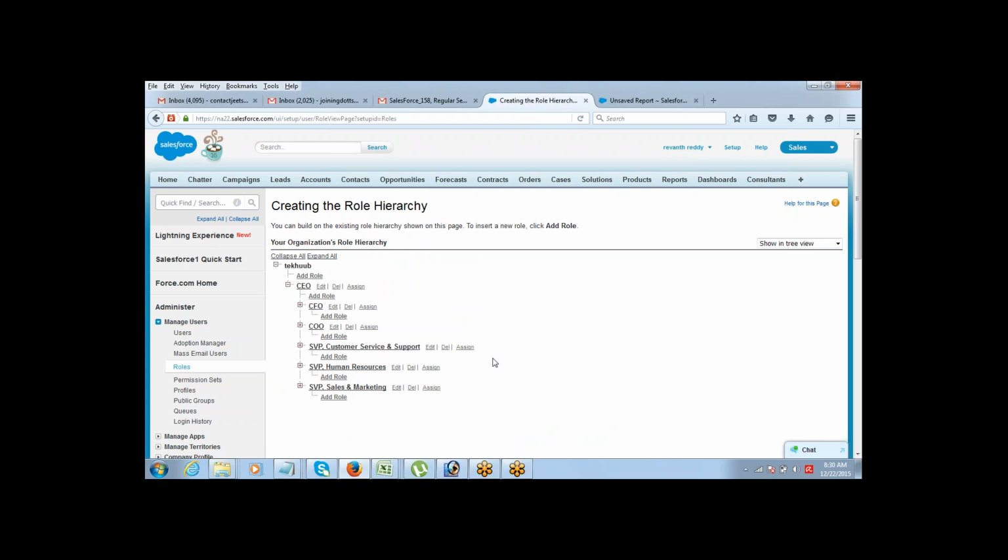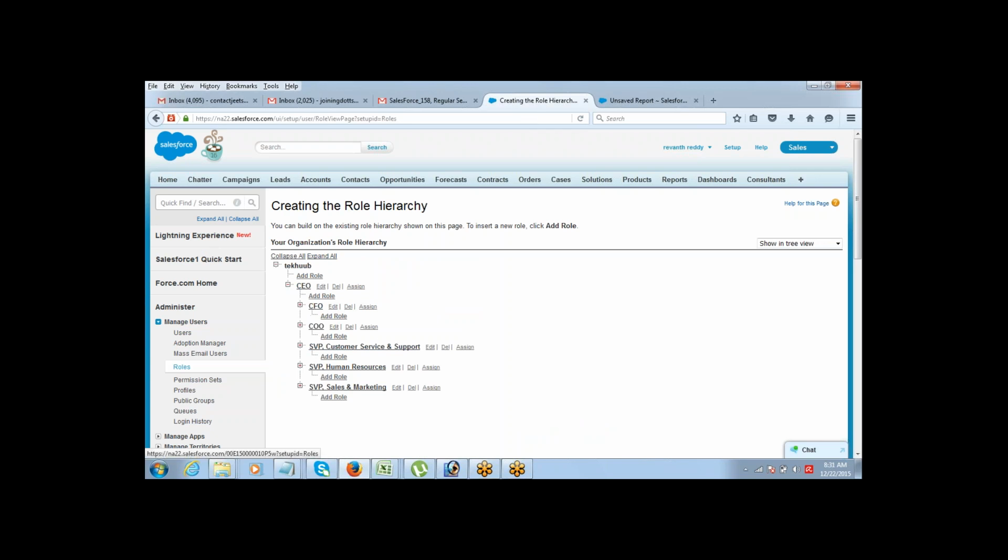You see there is a default hierarchy defined by Salesforce, CEO, CFO, and all this. If you have a different structure, you can delete all of them and add your own roles. Got it? It depends on what kind of requirement you have. You delete these roles and you can add the roles that you want.